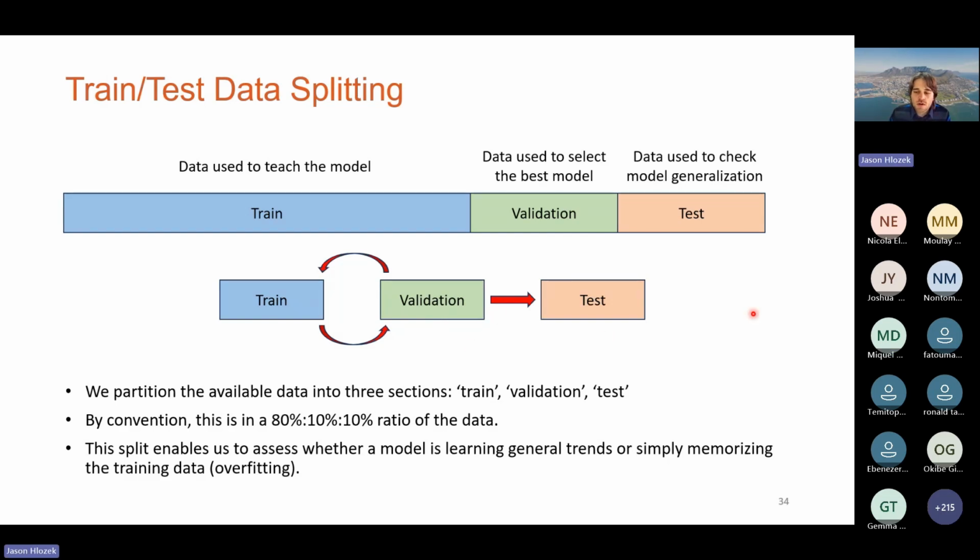And particularly when you've got low data scenarios, which is often the case in drug discovery, this is where you spend a lot of time in your modeling efforts to make sure that your model has really generalized and not just gotten lucky with the splits of data that you've done.